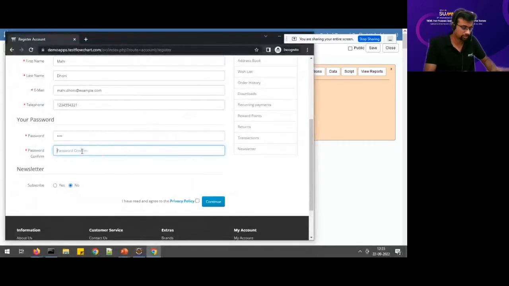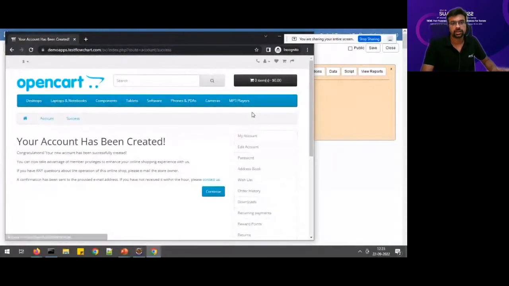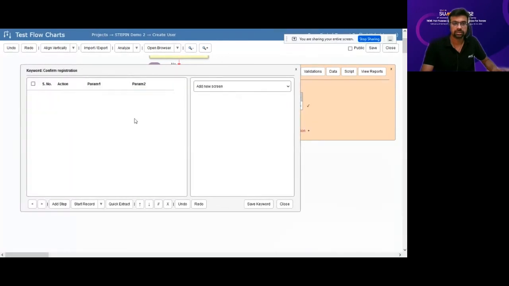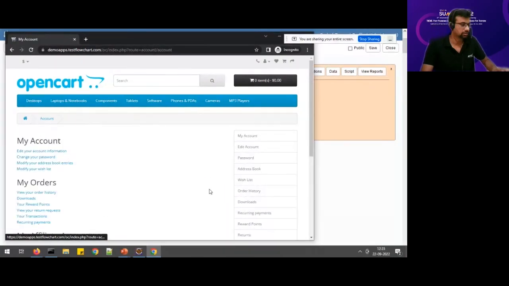Yes, I'm recording it. So I reached up to this point. I'll save this keyword, and then I'll stop this. Then go to the next one, which is actually confirm registration. So this is what it is. I'll record this.